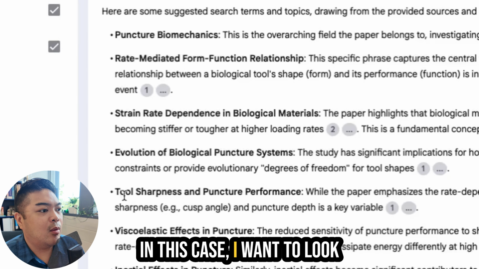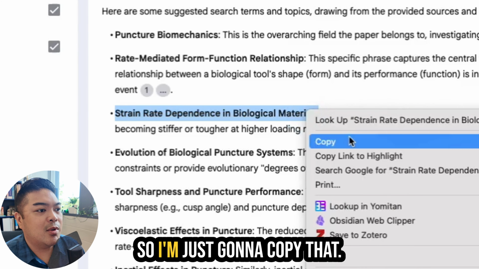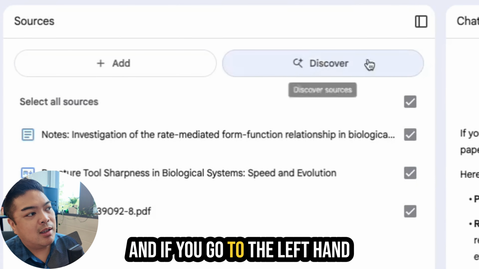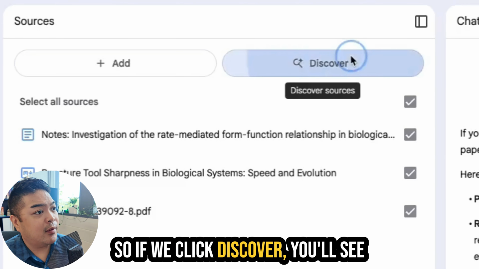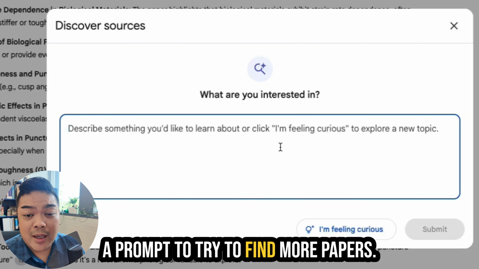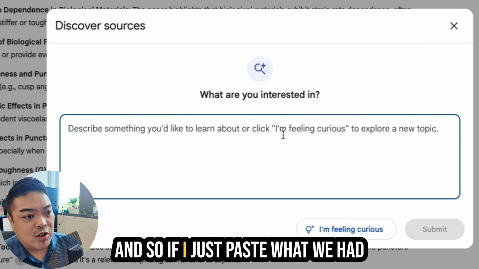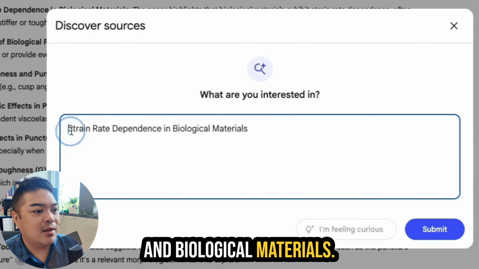In this case, I want to look specifically at strain rate dependence in biological materials. Let's just start there. So I'm just going to copy that. And if you go to the left-hand side, there is a Discover button. So if we click Discover, you'll see there's a place where we can put in a prompt to try to find more papers. And so if I just paste what we had here, strain rate dependence in biological materials,